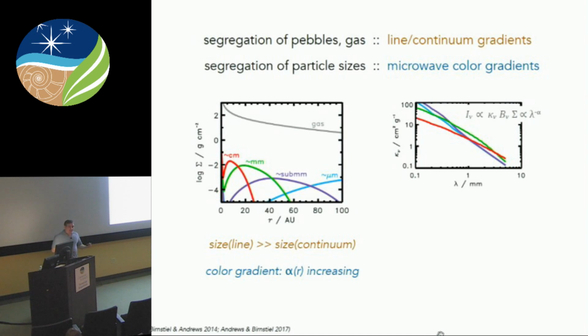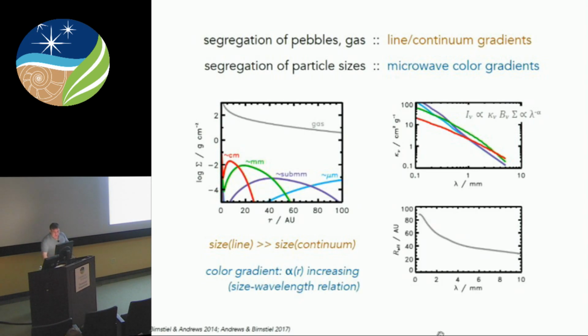Now, you cannot just go out into the sky and measure a color, which is effectively what this is. In principle, what we're actually looking for is some size-wavelength relationship, and it's a little tricky, but this is what some model predicts. The size is a function of wavelength. As you get to longer and longer wavelengths, where you're preferentially tracing larger particles, you will see a flatter spectrum from those larger particles, and it will actually be concentrated in a smaller size.